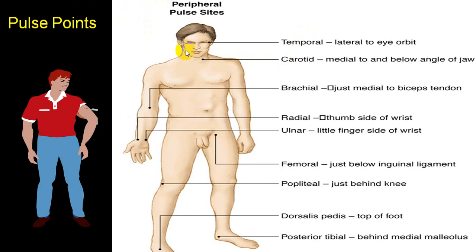the masseter, facial, then in the upper arm, brachial artery, in the cubital fossa, brachial artery, at the lower end of the radius, radial. Ulnar is a little difficult, but you may be able to feel on the ulnar side. At the inguinal triangle, femoral artery, posterior part of the knee, popliteal artery, in the first interosseous space, dorsalis pedis, and behind the medial malleolus, posterior tibial. These are all the arteries which are called peripheral arteries.